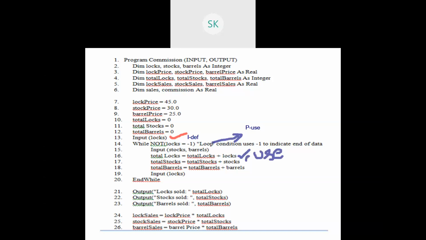Which type of use? It is a computational use in this mention. But with respect to this computation, you are just using that. You are not making a change to that particular variable. So this can be excluded from our particular fragment, the node can be excluded from our path that we are choosing.